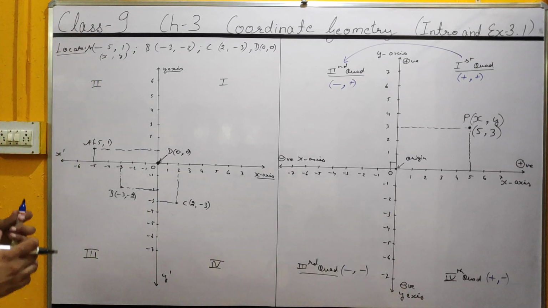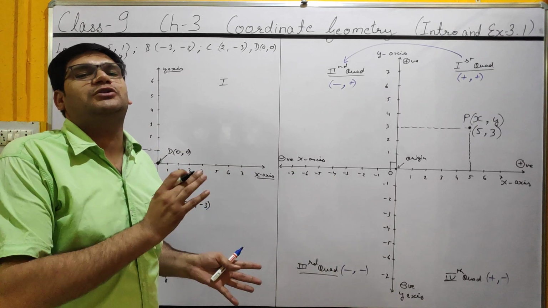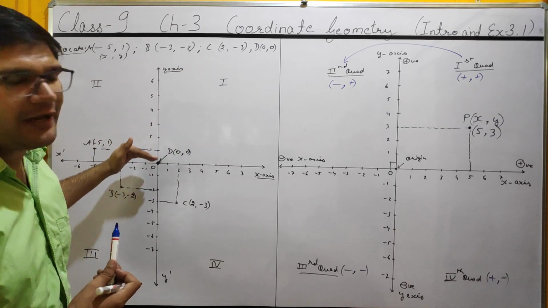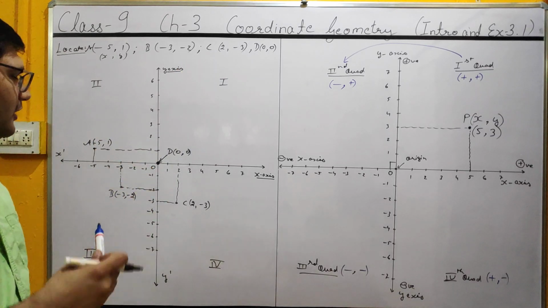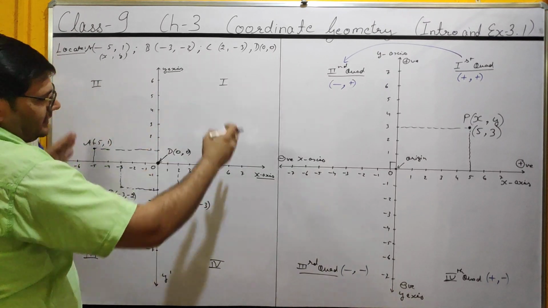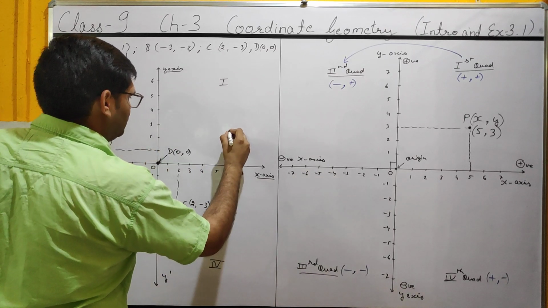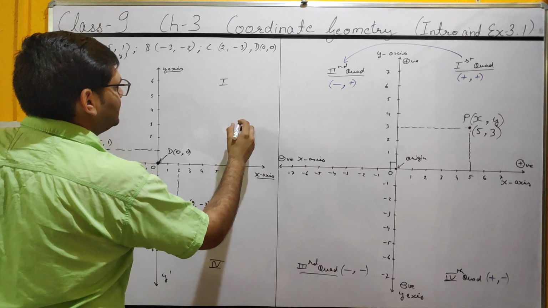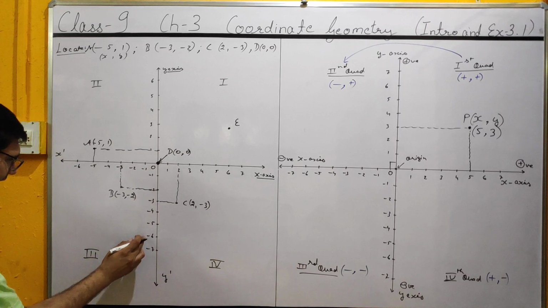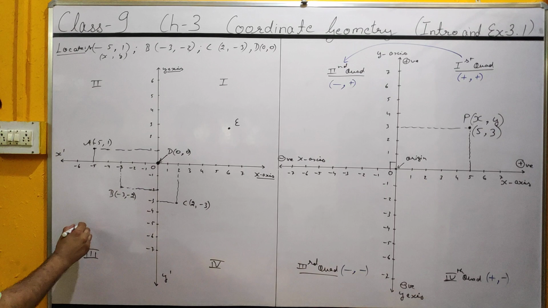Okay, now the next thing is vice versa, just opposite of it. Now these points were given to us and we have located them on the Cartesian plane. Now suppose he gives us the diagram of this Cartesian plane, in which the points are already located. Suppose here the point is already given to us, let it be E point. Okay, and moreover you can see here also, if the point is given, this is F point,